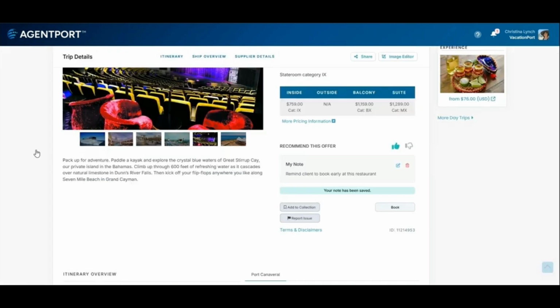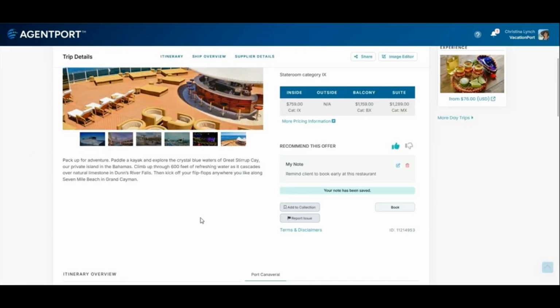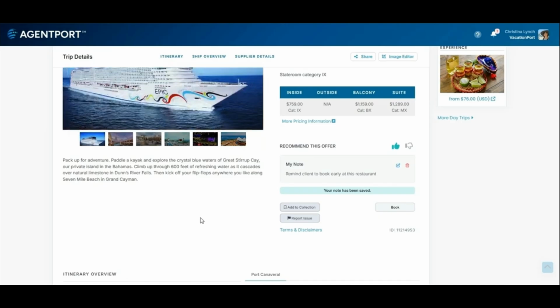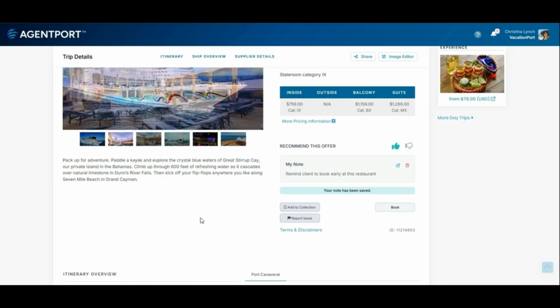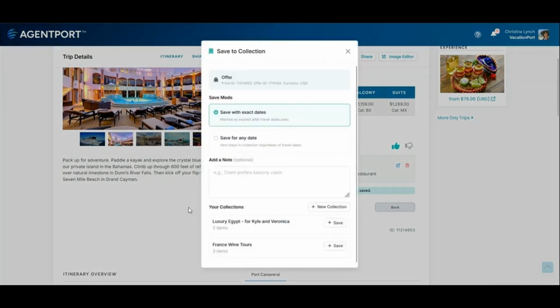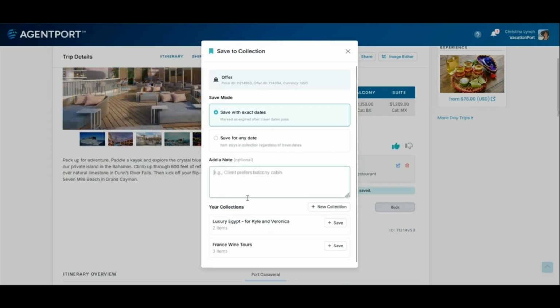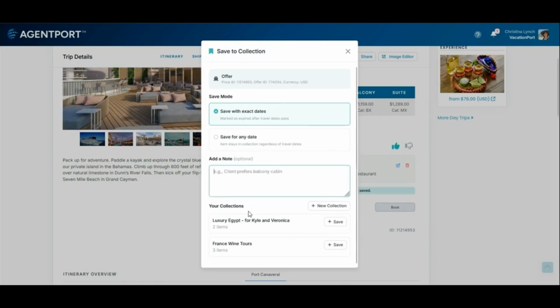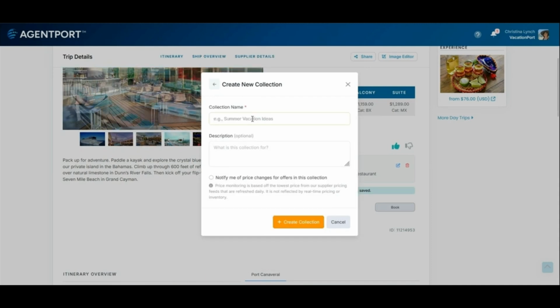So we did create the comparison before. So that's one way you can group offers together, whether you're trying to compare them yourself or you want to send that to a client. There is another way you can group offers together too, and that's our collections tool here. So what I can do is add to my collection, and I can add any notes that I want to. I have some collections already. I'm going to go ahead and make a new collection for this though. And I'm going to say Caribbean cruises,